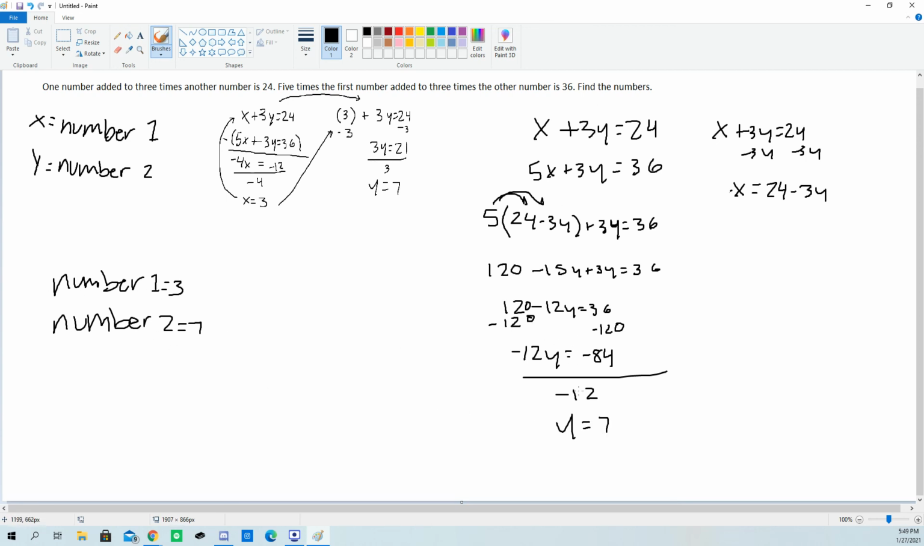So then you'll follow that same process. You'll substitute y into either of these equations, and you will solve for x, which I will do just in case. But if you know where to go from here, you could stop the video. So we'll have x plus 3 times 7 equals 24. X plus 21 equals 24. Also I got that equation from up here. Subtract 21 from both sides, and we have x equals 3, which is exactly what we got using this other